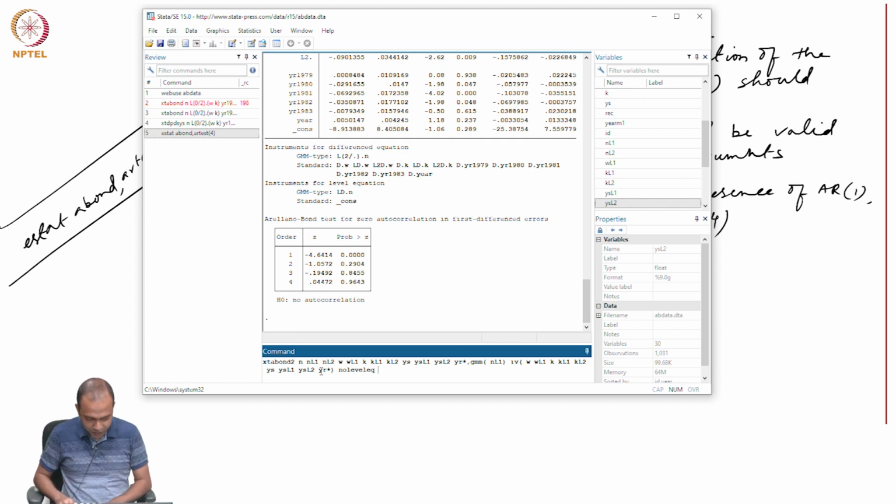I also need robust estimates. I also correct for small sample bias. If you recall, we initially said the dynamic panel data model is best suited when T is small, N is large. So, that is why I need to correct for small sample bias, and then lastly I also need to put the noconstant command. Okay, why noconstant? Because this equation is in differenced form. So, when the equation is in difference form, obviously you do not get a constant for that. I need to put the noconstant command, right.